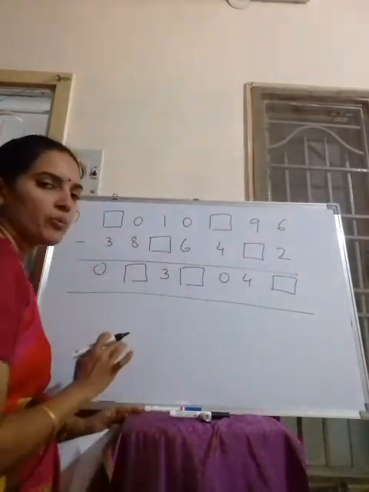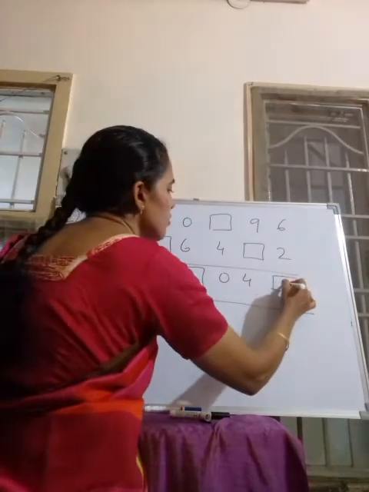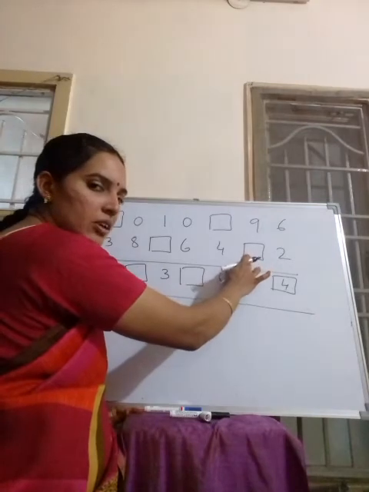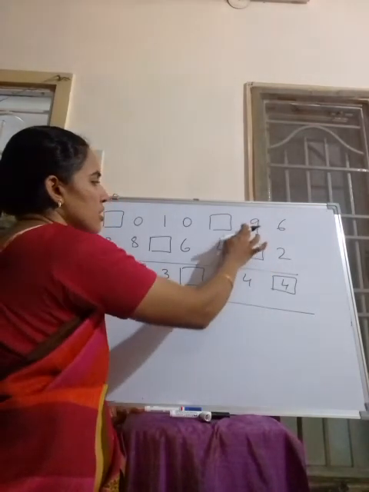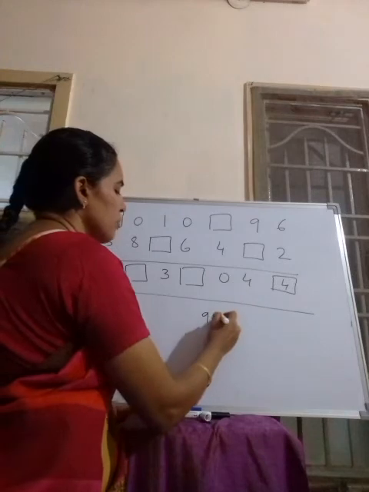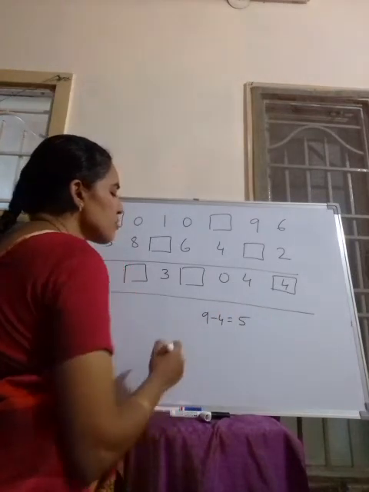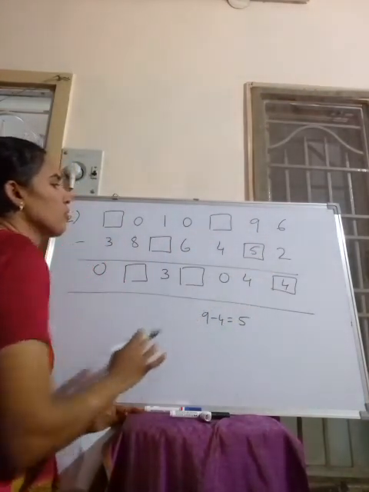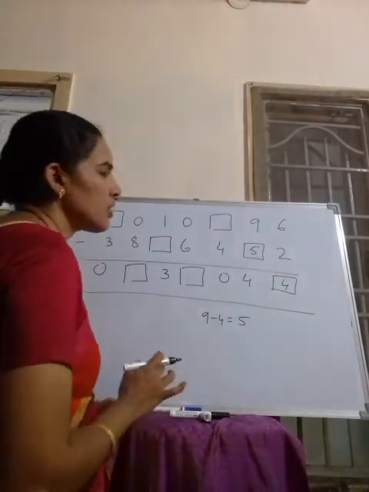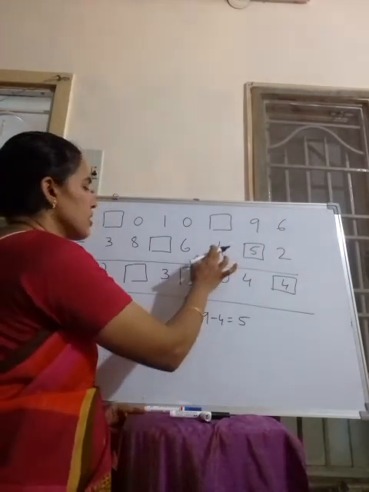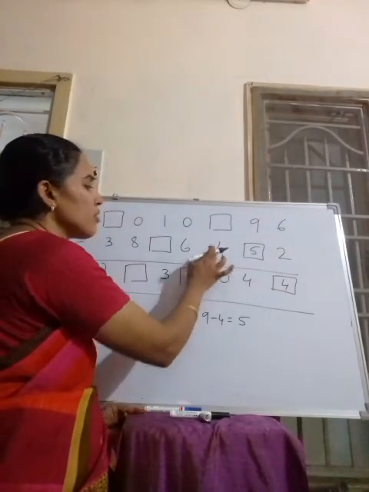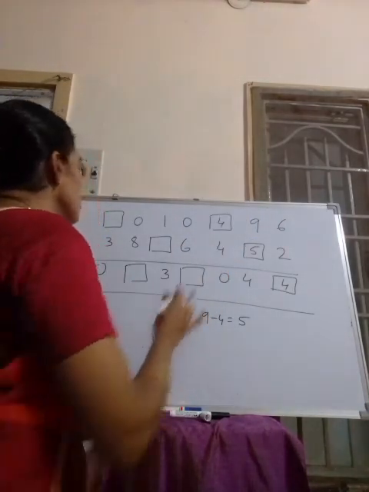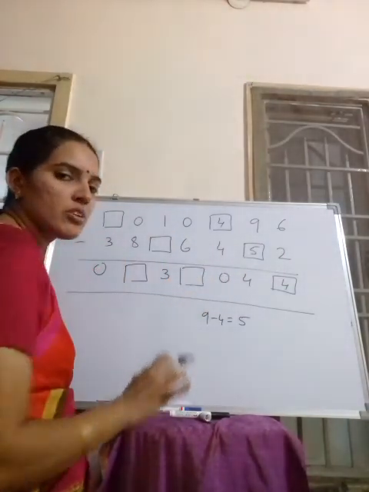6 minus 2, the difference, 6 minus 2 is 4. Now 9. Now we want the subtrahend. Subtrahend is equal to minuend minus difference, that is 9 minus 4. 9 minus 4 is 5. That is 9 minus 5 gives 4. Now we want the minuend. The minuend is nothing but, what I told, subtrahend and difference, both we have to add. 4 plus 0, 4. That is 4 minus 4 gives 0.